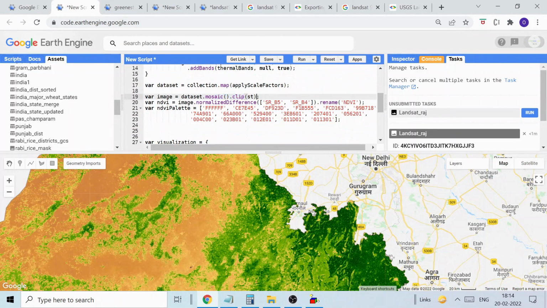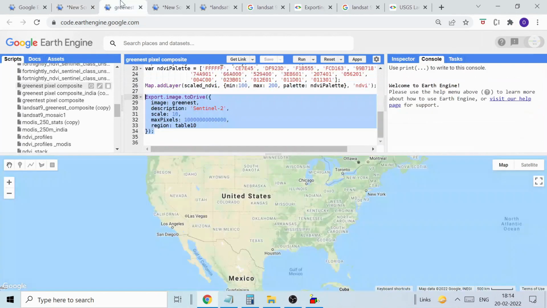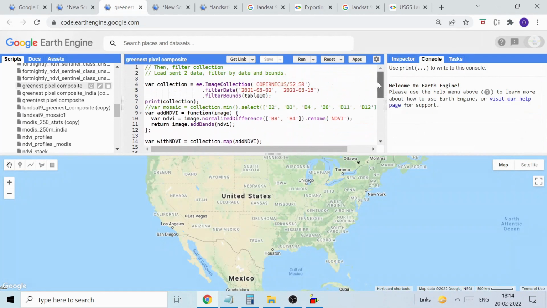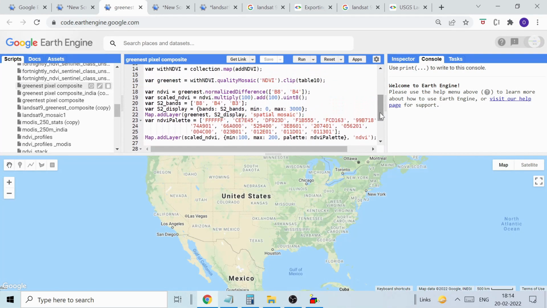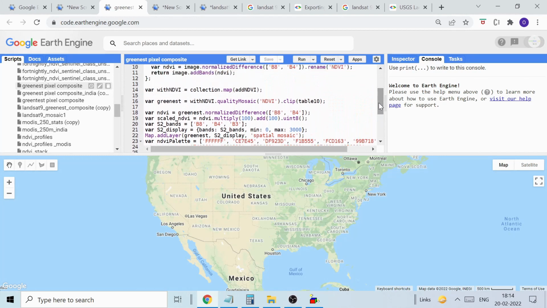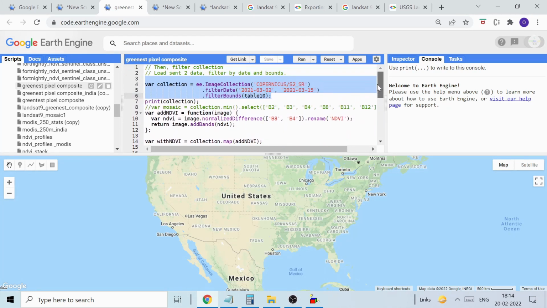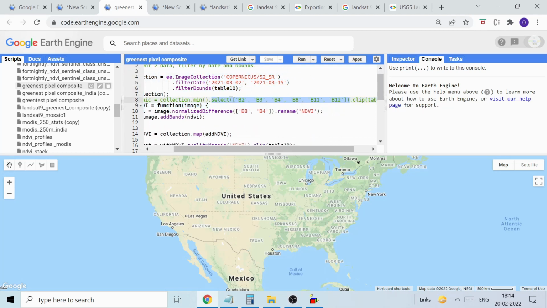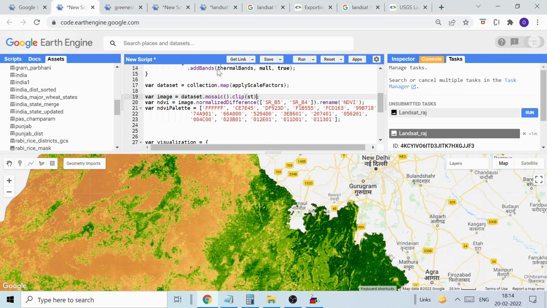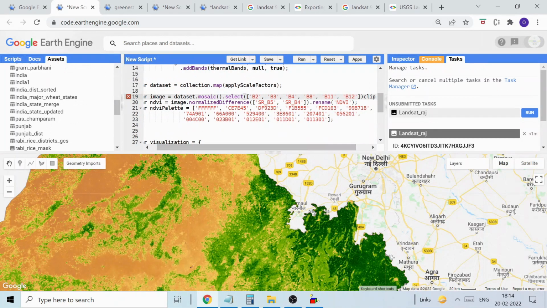And also from here, you can select bands also. It will download all the bands. You can dot select. There is an option called, let me show you. Like this, you can use this select band. So for particular bands only you can select. Suppose if I write dot clip here, I can give only few bands, only two. Whichever bands you want to download, just give the names, surface reflectance B5, B4,